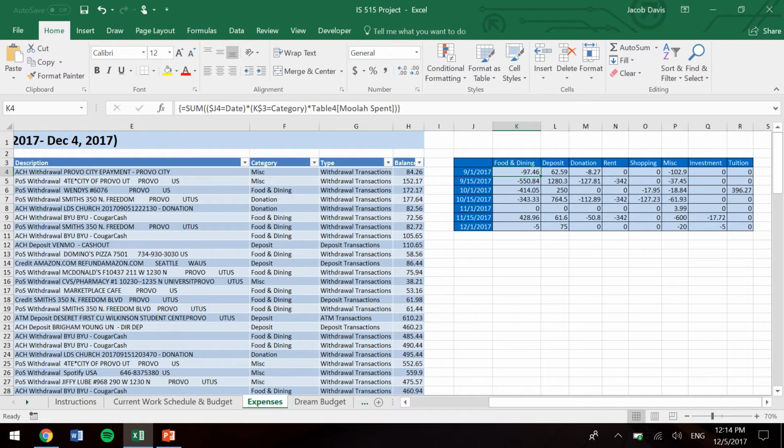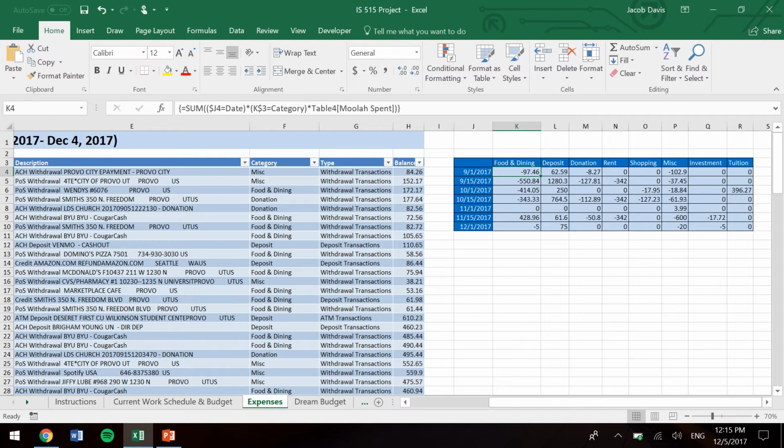would give me the amount of money that I had either earned or lost. So the negative implies that that was money spent. Positive for deposit, for example, is money that I put into my account. And so I copied it to this cell and then copied it all the way down and to the right